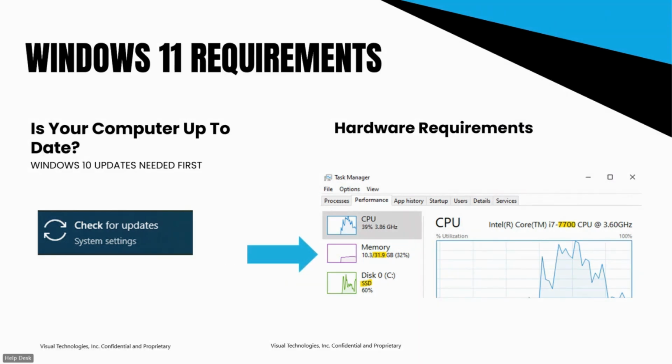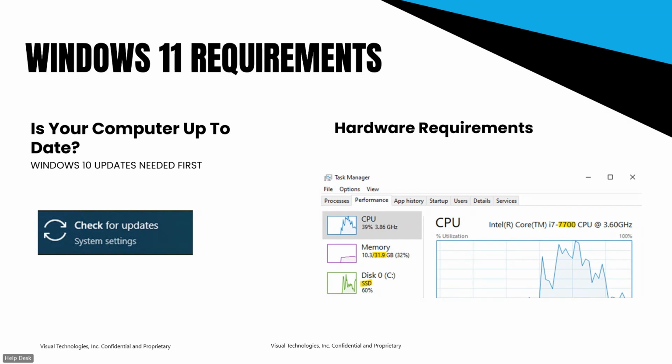Next up, on the left-hand side of that screenshot under memory, you'll see the 31.9 highlighted. That is your RAM on the computer. We have found in the field that 8 gigabytes of RAM is not enough to really successfully run Windows 11. The minimum requirement nowadays is going to be 16 gigabytes of RAM. If you want to think about your computer as your office and you're getting work done, RAM is how big the desk is that you're working on.